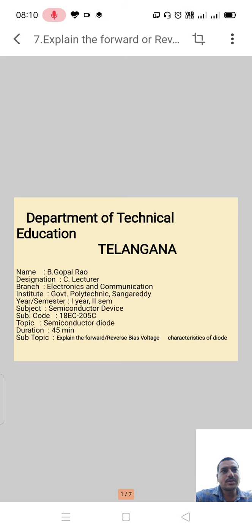We have discussed the following topics in the previous class. First one, PN junction diode with forward and reverse bias, and second one, working of diode under forward and reverse bias. On completion of this period, you would be able to know junction properties and VI characteristics of PN junction diode, forward and reverse resistance.